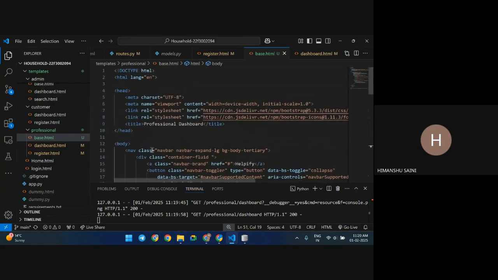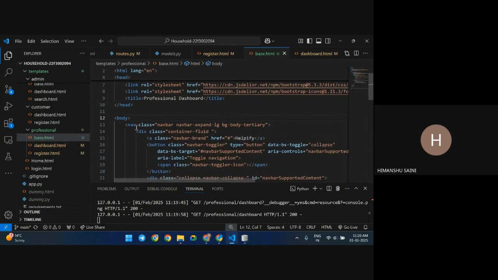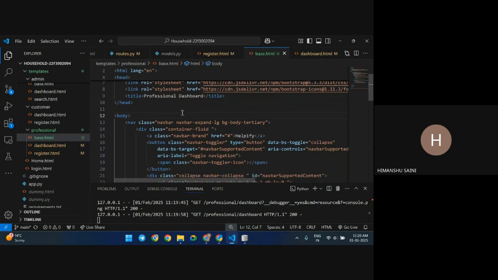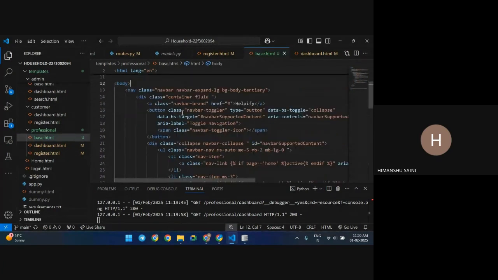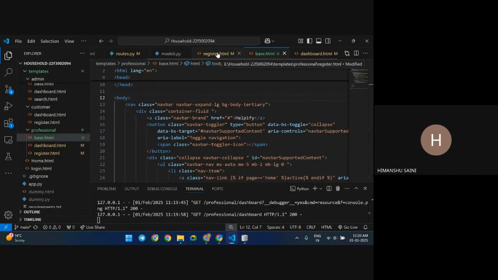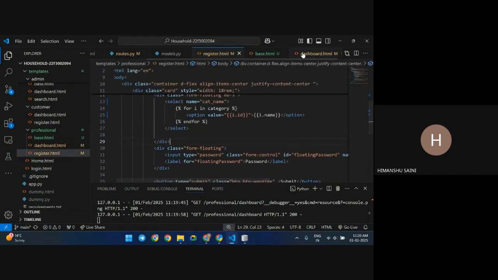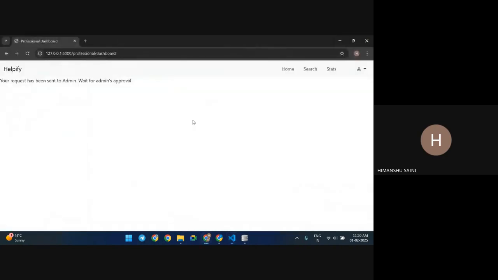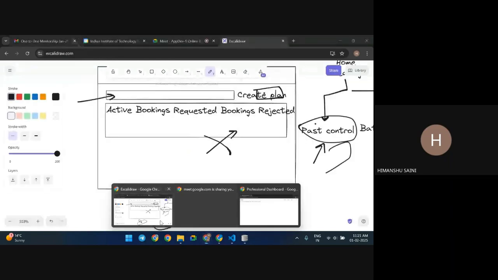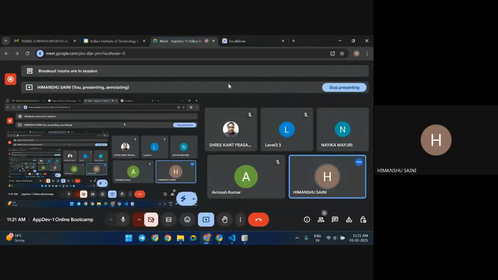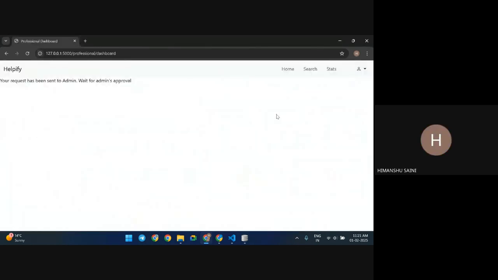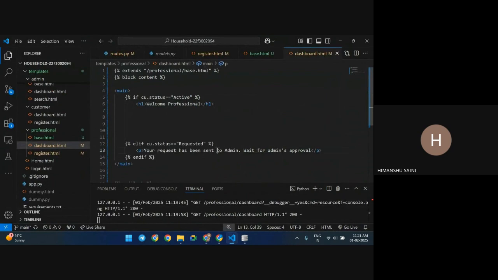From here I'll remove this condition, right? You got what is the problem, right? If he is requested, then he should not be able to go to the state page or search page or wherever, right? These things should not be interactive, right? Yes. So I'll remove this condition from here,